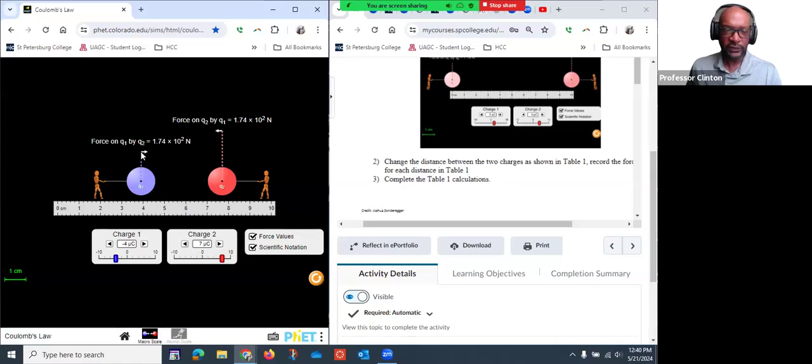You can see that the force that this charge imposes on this charge is the same that the second charge Q2 imposes on Q1. And that's basically Newton's third law that says that for every action, there's an equal and opposite reaction. So for every force, there's an equal and opposite force by those two specific items or particles in